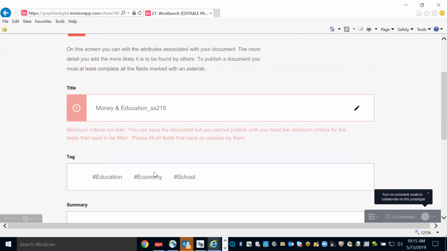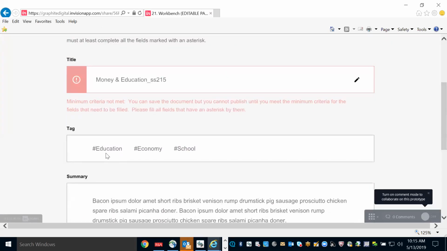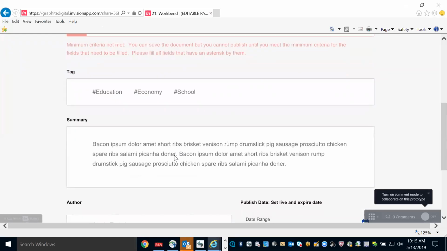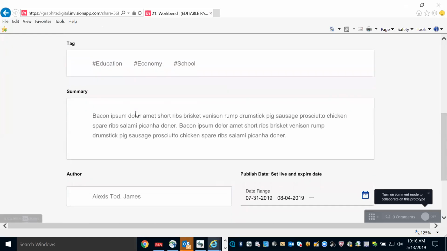The title probably is not going to change. The tags are probably not going to change, unless I have something else that I want to include for some reason, but I don't think that would change. That may even be something that I would see and say, hey, that didn't pull something in that I expected it to. Am I missing something? It might prompt me to look back at my content. In the summary, I might want to craft something that's a little more customized, but it would be nice to have a starting point, if that's the first paragraph or whatever it would be.